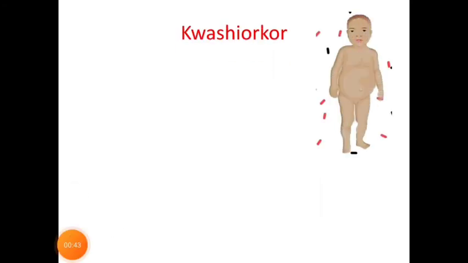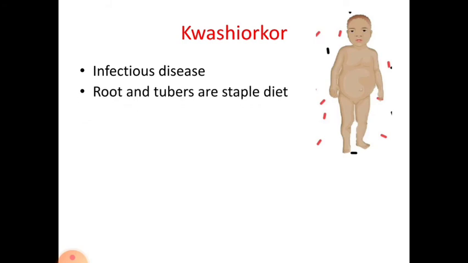Now we'll talk about Kwashiorkor. Kwashiorkor is caused by severe protein energy deficiency. In serious condition, it may result in an infectious disease. Kwashiorkor is generally found in the areas where starchy foods, especially roots and tubers, are used as staple diet instead of cereals. Although cereal grains are a better source of protein, many grains do not have a sufficient amount of good quality protein, and they are not considered to be good feeding foods when milk is not available.